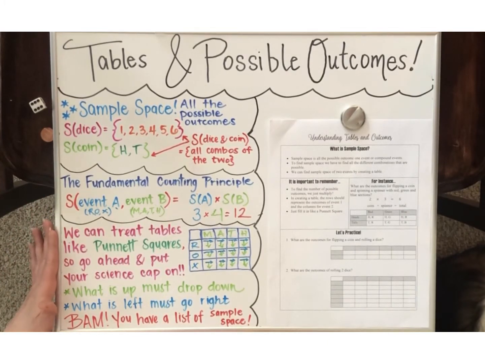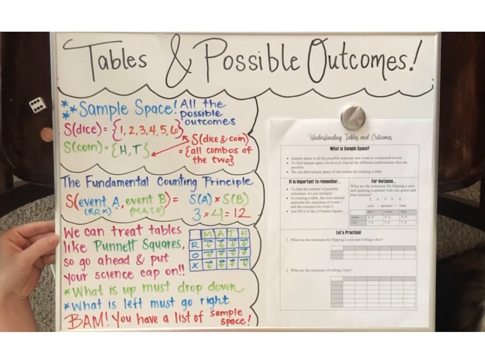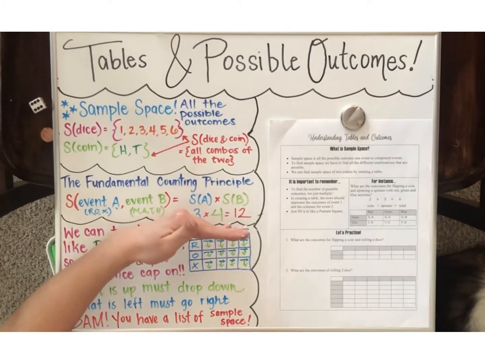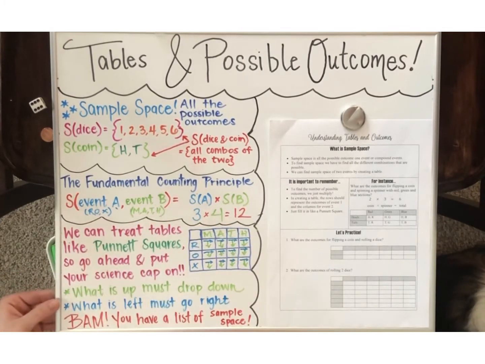Now, filling out a table, it's not too complicated. We're going to treat it like a Punnett square, just like you've done in science. So go ahead and put on your science cap. And I know some of y'all are like, oh, no, but I promise it's not going to be complicated. All right, that being said, we need to remember that what is up must come down